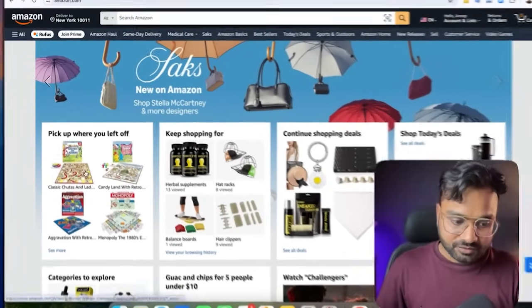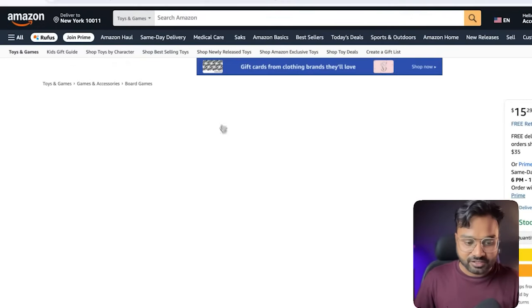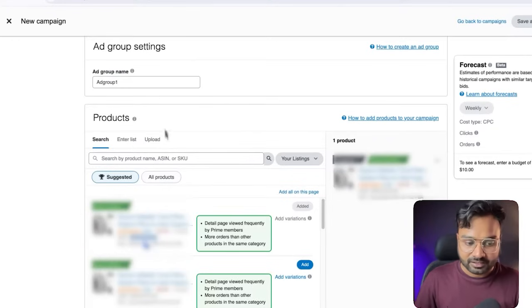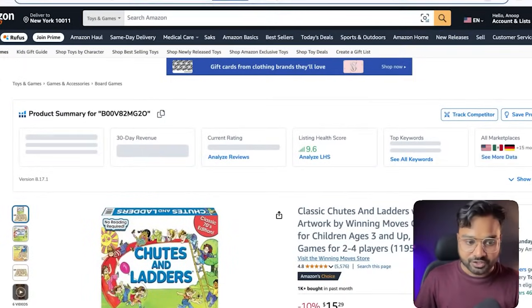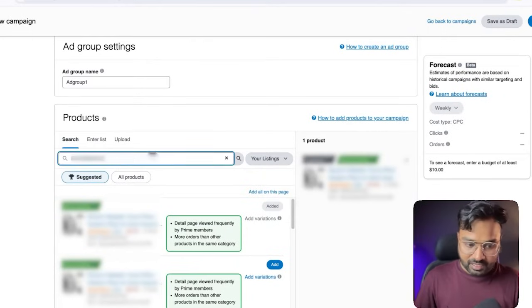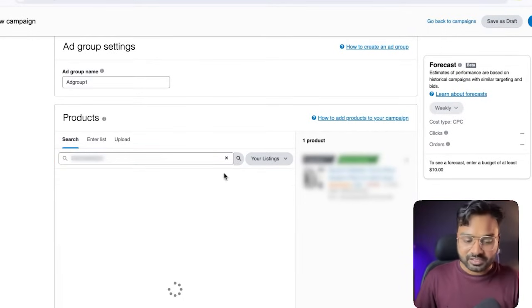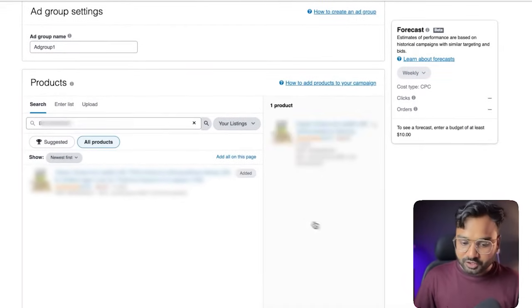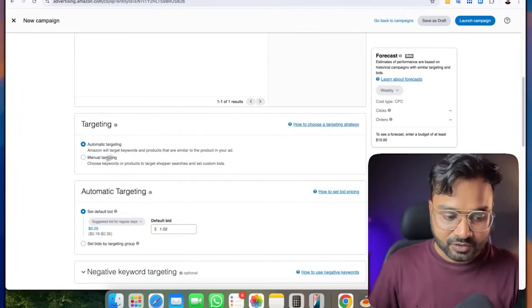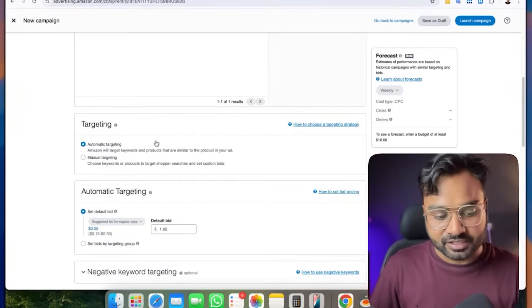If you don't find your product in the search result for some reason, you can simply copy your ASIN, which starts with B00, and paste it here and hit search. Then you will see that listing appear here. Okay, this is appearing. So we can simply select this ASIN.